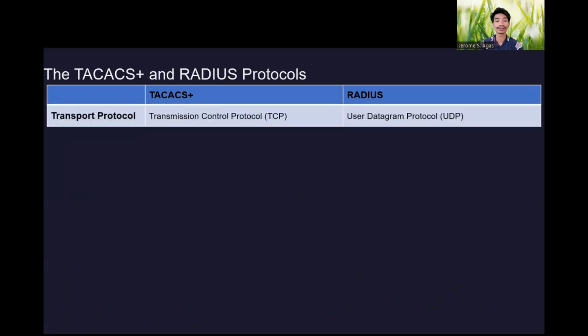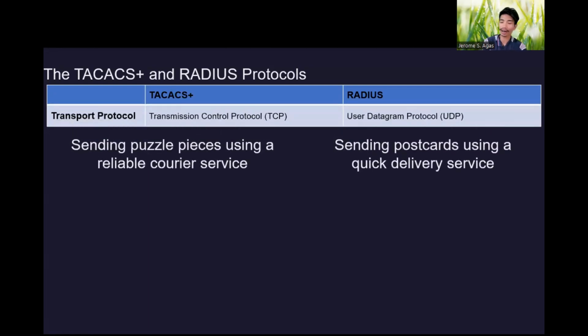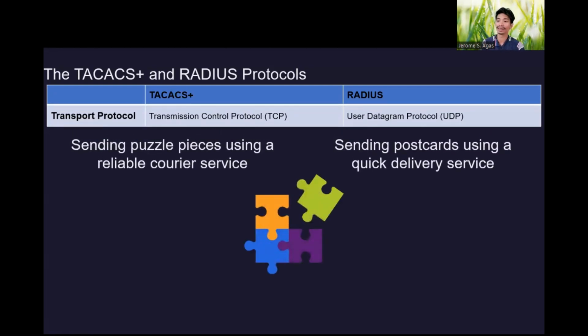So in terms of the transport protocol, the transmission, they use the Transmission Control Protocol, or TCP, while RADIUS uses User Datagram Protocol. So it is like sending puzzle pieces using a reliable courier service, while on the other hand, sending postcards using a quick delivery service. For example, you are sending, right? Of course, you also have the courier. So the courier is reliable in TACACS, while RADIUS